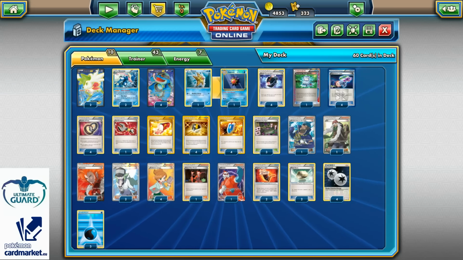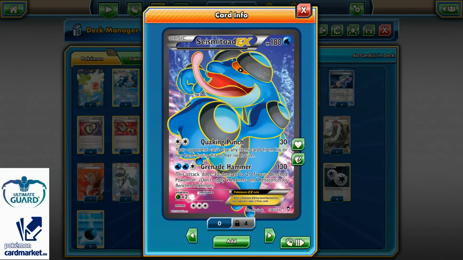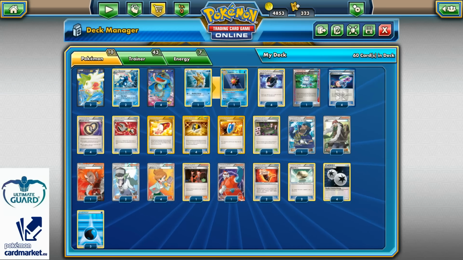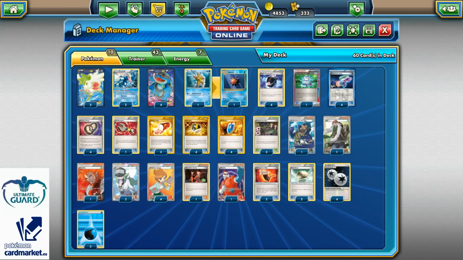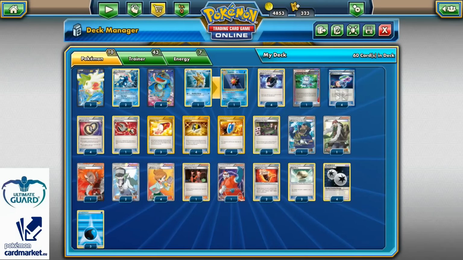So, 10 Pokemon, 43 trainer cards, and 7 energies, 60 cards of course in total. With 3 Water Energy in play, I can also use the advantage of Grenade Hammer, for example, and finish strong with Grenade Hammer for 130, 140, 170, 200, really depending on the amount of resources that I can actually have in some situations. So 2 Shaymin for the setup, 4 Seismitoad with the Quaking Punch as the main attacker,